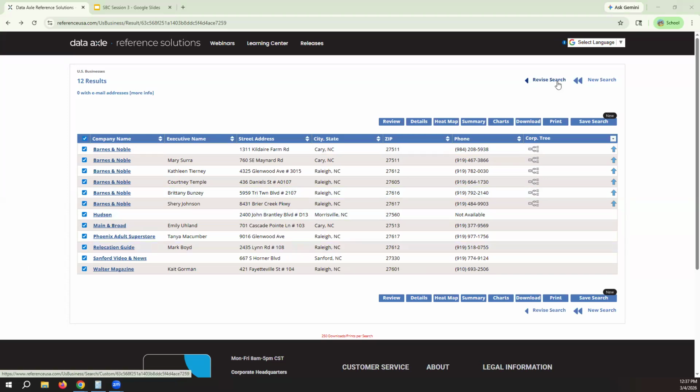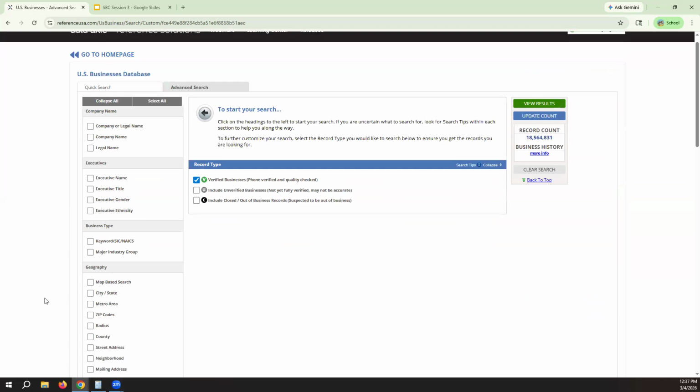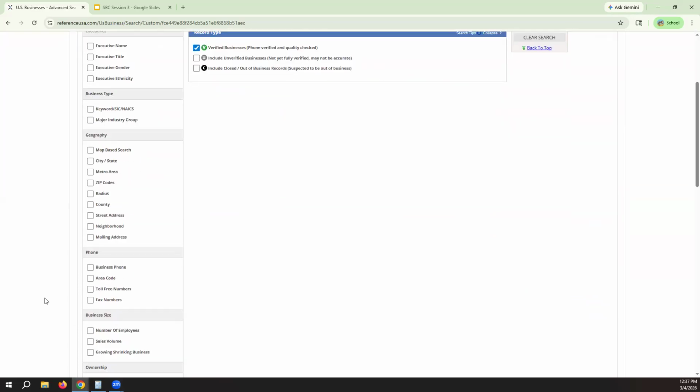So now what we're going to do is go back and do a new search. And then we're back to the original page. You can do as many searches as you would like. If you search by county and you're like, this is great, I would like more information on a particular zip code or a particular city in the county, then you can do those kinds of searches by searching your keyword and then changing the geographic region.